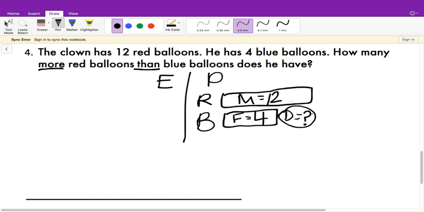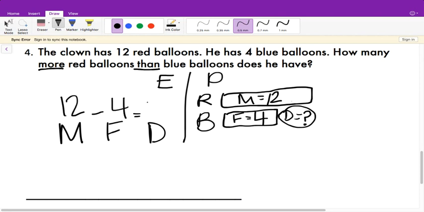And I can check here. So the difference is always how many more than or how many less than there are. And the question is saying how many more than. So I'm definitely looking for the difference. Now I can take this information and write my equation. My equation is always going to be more minus fewer equals the difference. So 12 minus 4 equals